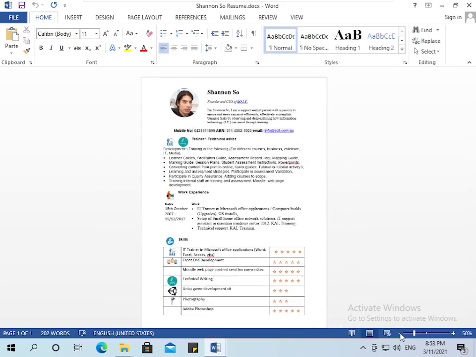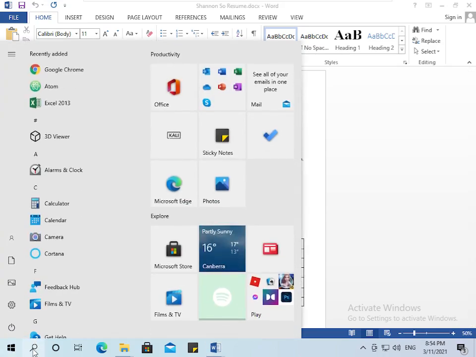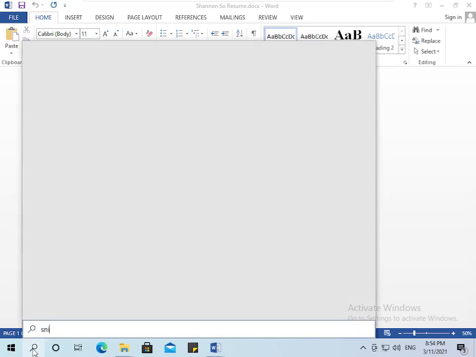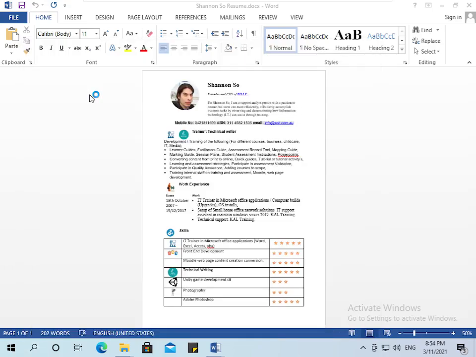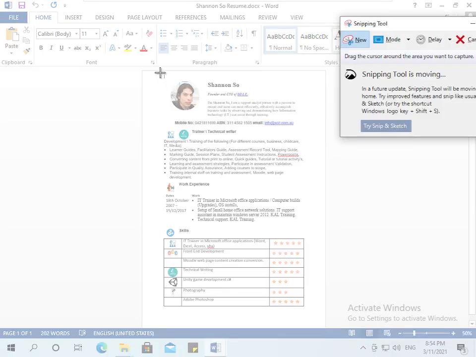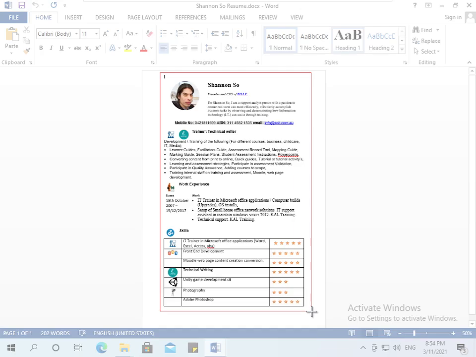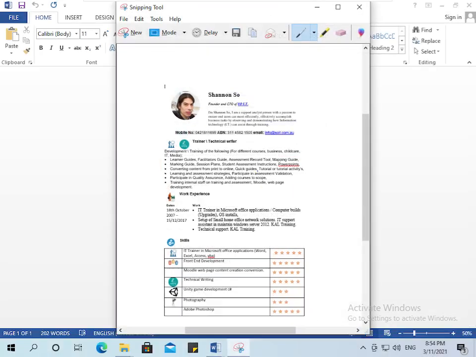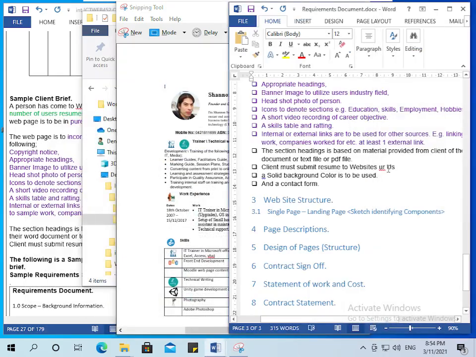So if I minimize that to get the whole page and get a screenshot, or use a snipping tool, create a little snippet, draw a rectangle, copy that, Control C, or edit, copy, go back to our Word document, our requirements document,